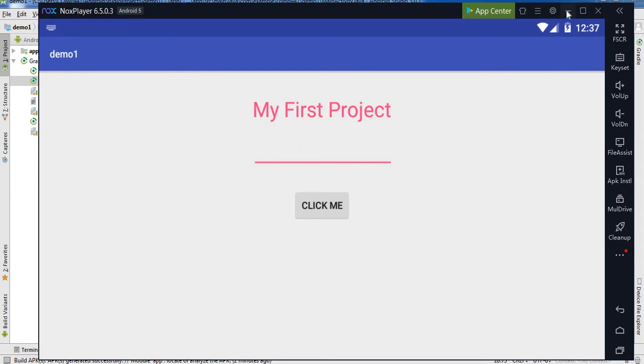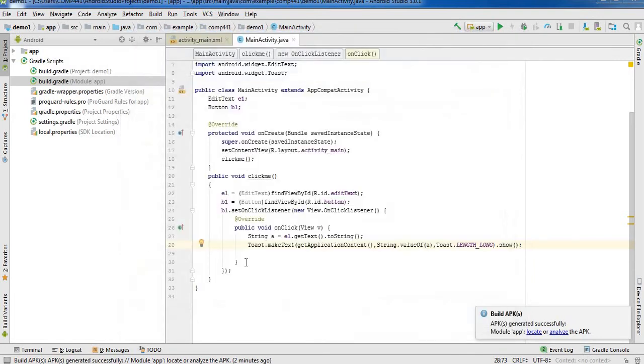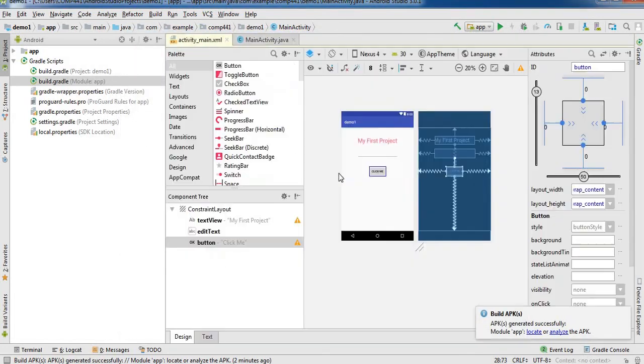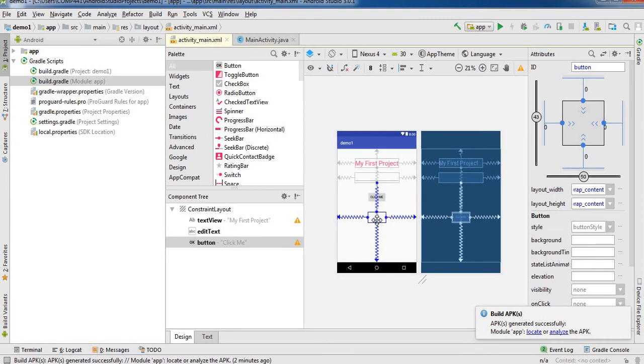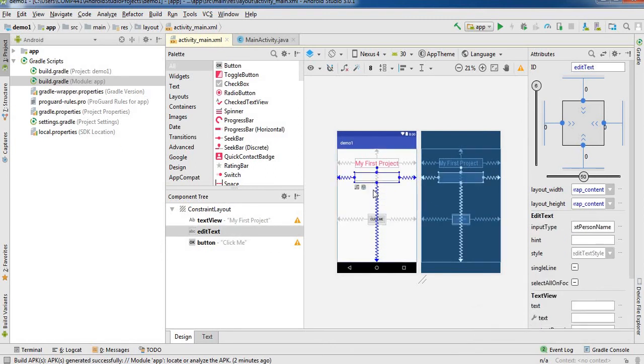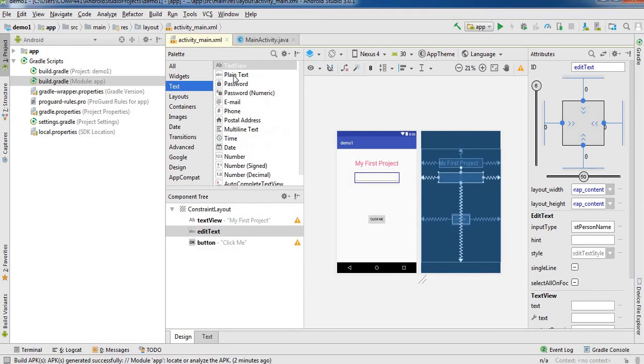I'm going to minimize it and close it. Now I have to create the addition of two numbers. So I have to drag one more EditText, a plain text, here. But before that I copy this and paste it over here.